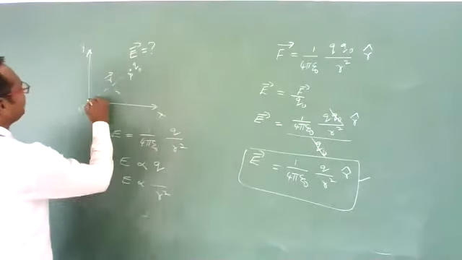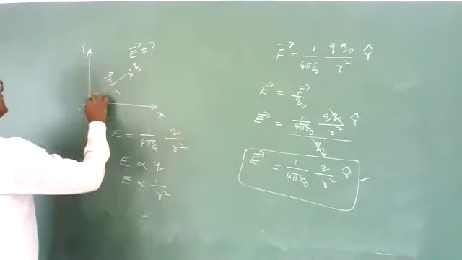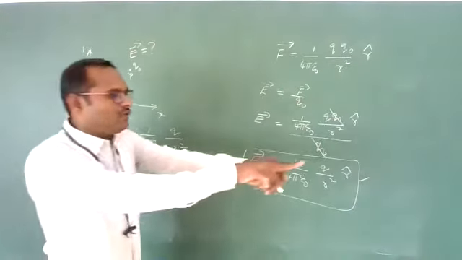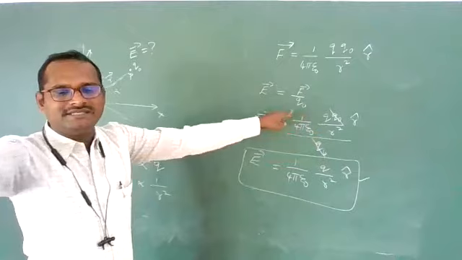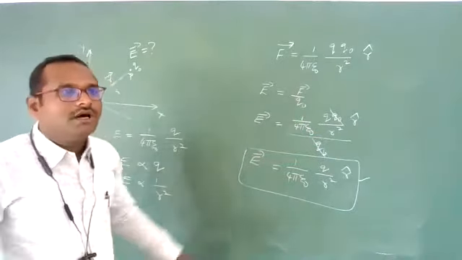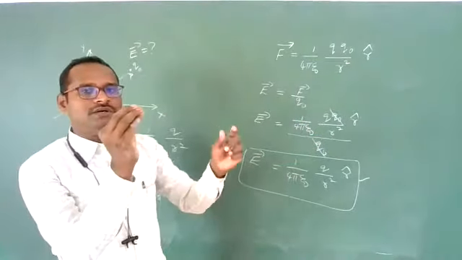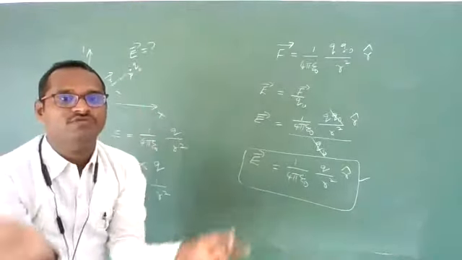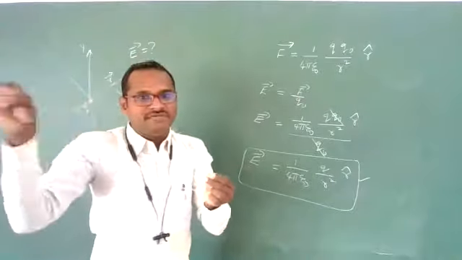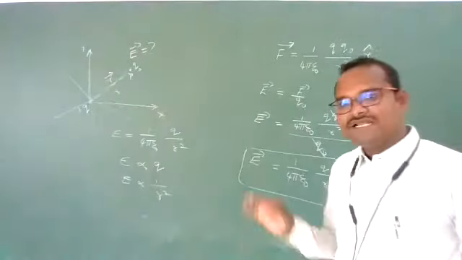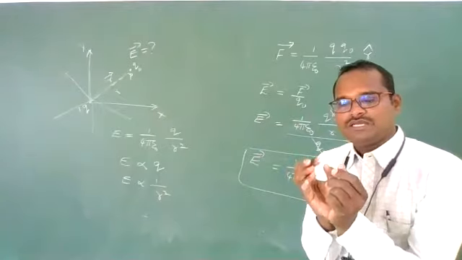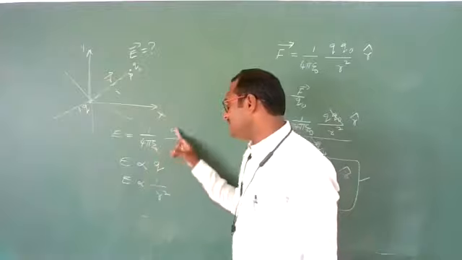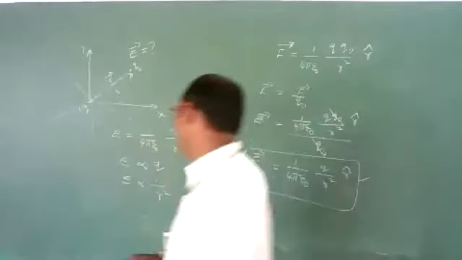At equal distances, equal electric field will be there. Means we can say electric field is symmetric. Around a point charge, you can imagine a spherical ball; on that spherical surface the electric field will be equal because the radius is equal. So the electric field is symmetric around a source charge. Clear?